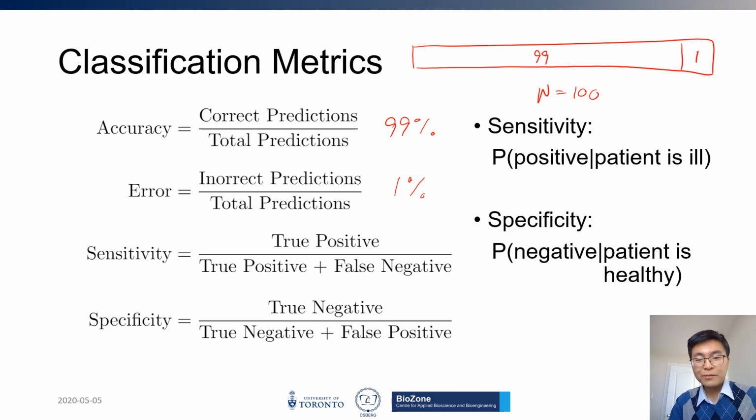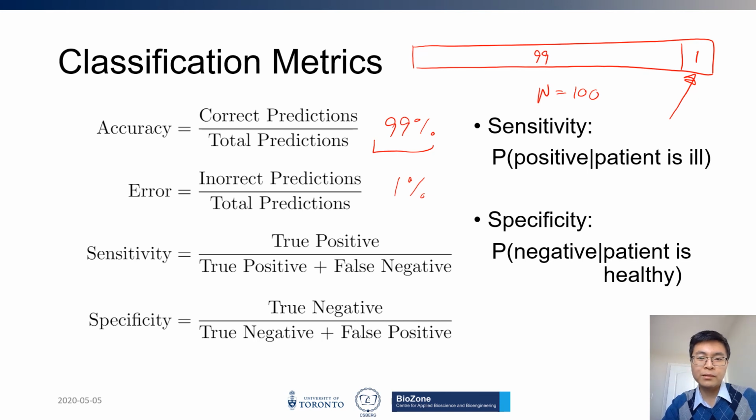You can achieve 99% accuracy by effectively classifying everyone as healthy, because you're just making an error one time in this data set of 100. So because of this imbalance in the data set we use to evaluate our model, we get a very misleading